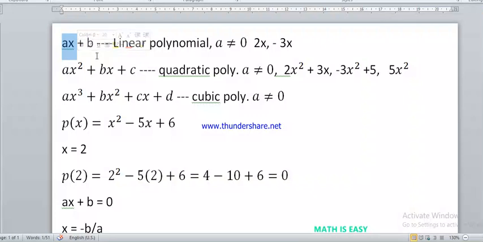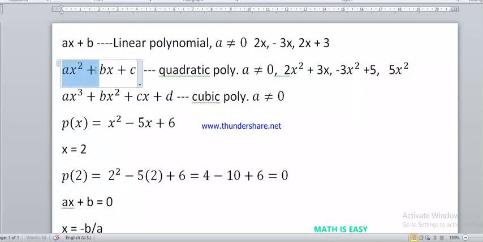And a and b, both the coefficients, here a cannot be 0 because if I take a value as 0, then ax will be 0. So I have only b. So we call that a constant polynomial. And if I say a is not equal to 0, then b may be 0 or may not be 0. If b is 0, I have a polynomial something like 2x minus 3x. These are examples of a polynomial where b can be 0, but a cannot be 0. Or 2x plus 3, something like this. These are the examples of a linear polynomial.